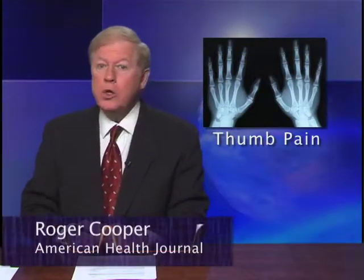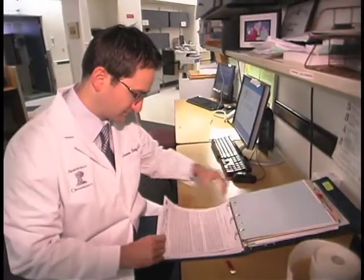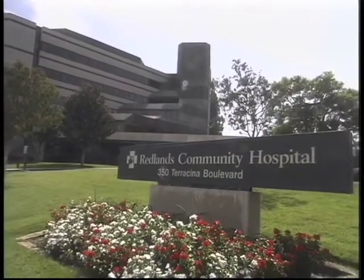The thumb is the most important digit on your hand. You lose 40% of the function when you're unable to use it. One cause for thumb pain and disability is arthritis. Dr. James Foley of Redlands Community Hospital explains what causes thumb pain and what treatments are offered to regain full